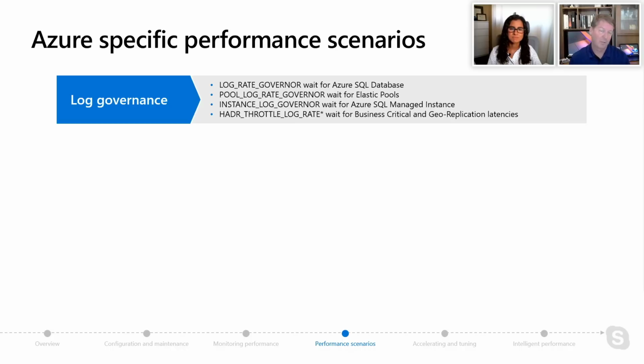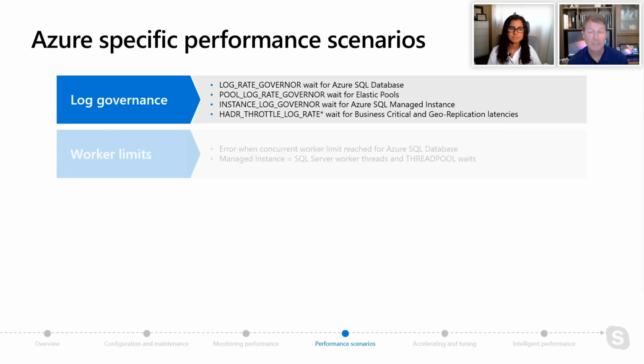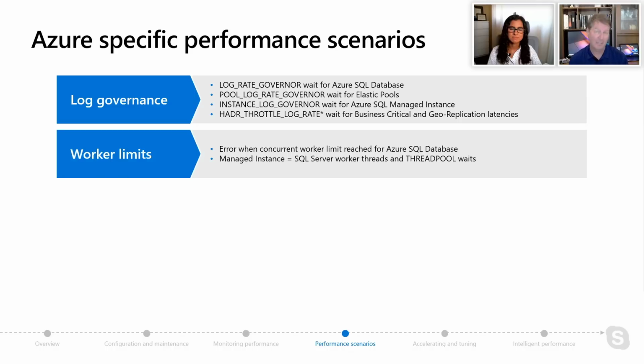The other thing I've seen across my career is workers, the number of concurrent workers. SQL Server in Azure SQL uses a worker pool. People are used to looking at what's called max worker threads for SQL Server for many years. And we automatically configure max worker threads for you in both Azure SQL Database and Managed Instance. But in Azure SQL Database, based on your vCore deployment, we can throttle how many concurrent workers you're allowed. And that shows up in an error. Remember, I'm going to mention at the end of our module, Anna, I think that's tomorrow or the next day, that there are some new errors you need to be concerned with in Azure, different than SQL, and this is one of them.